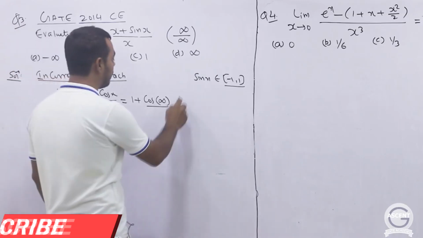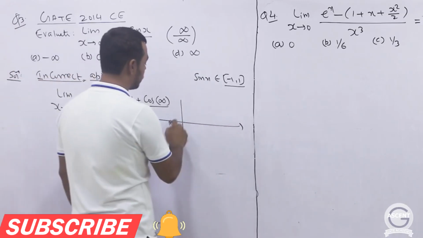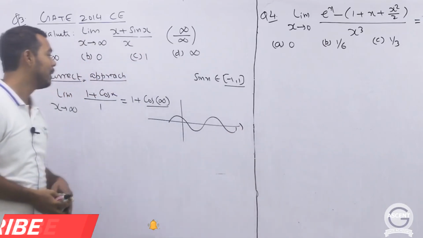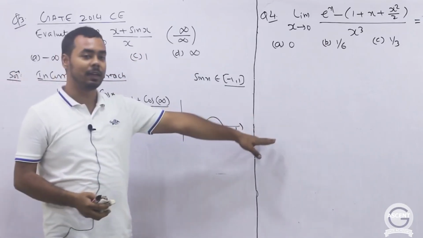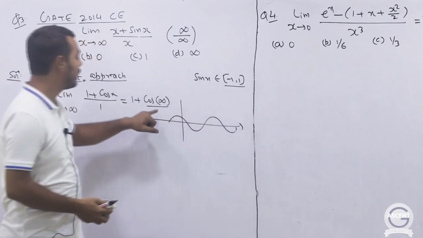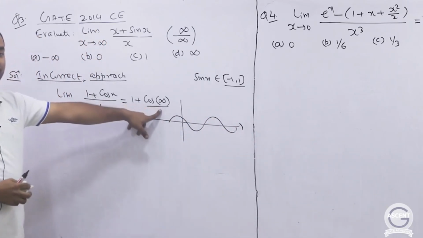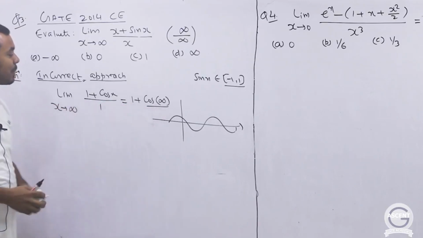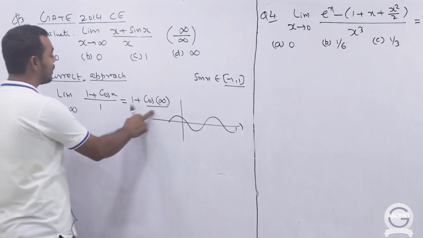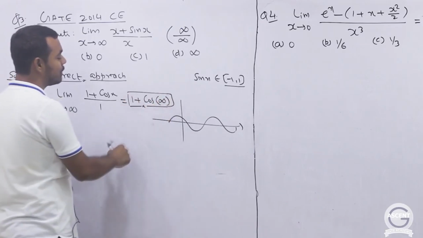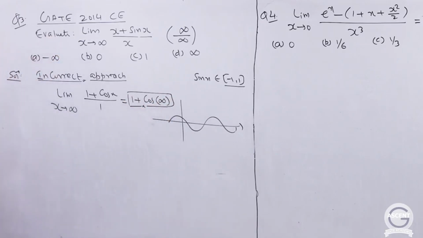Now we don't know the value of this cos infinity. If you see the graph of cos x, this was the graph of cos x. So to find the value of cos infinity, you have to reach infinity, and by the time you return, your GATE examination will be over. So even if you have found the value of cos infinity, there is no point in that. So here you cannot apply this method because we don't know the value of cos infinity, right? So you cannot apply L'Hopital rule in this particular problem.